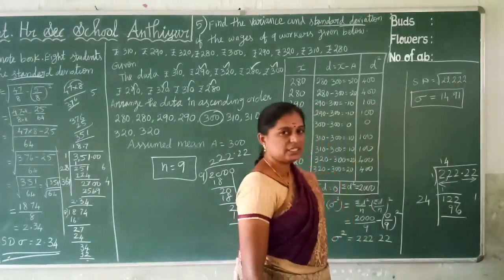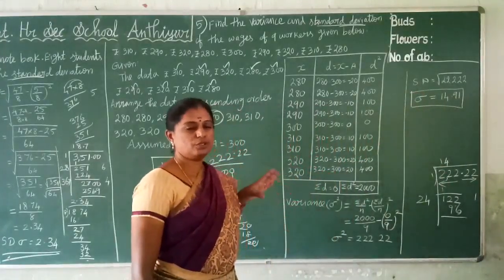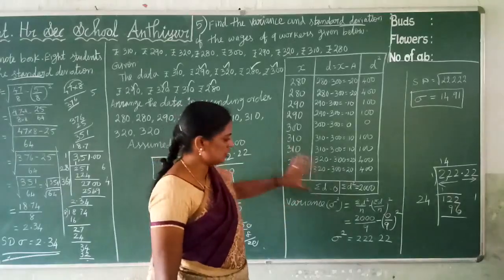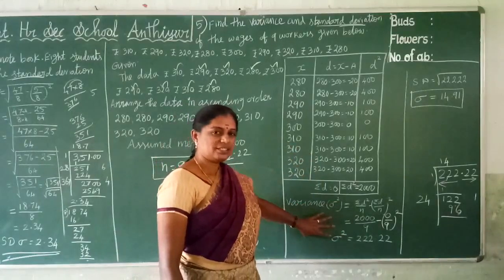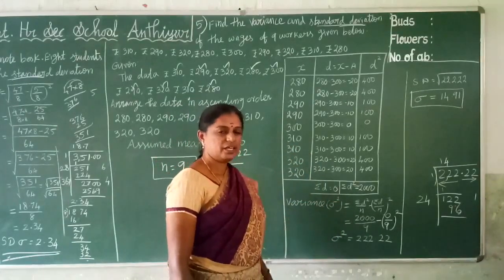So we get standard deviation sigma is equal to 14.91. Clear or not? So the long division method for square root, you work out properly. And addition, subtractions, multiplications, all the things you want to use. These are the 5 mark questions. Clear? The same method questions, the example sums, are homework. Clear? Thank you students.